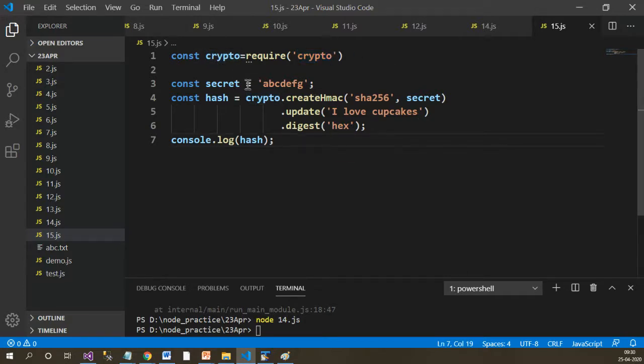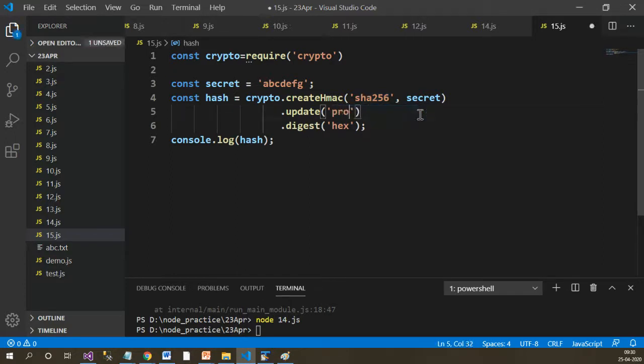So what is happening here? Crypto.createHmac is creating the encryption with SHA-256 for the message that you will give.